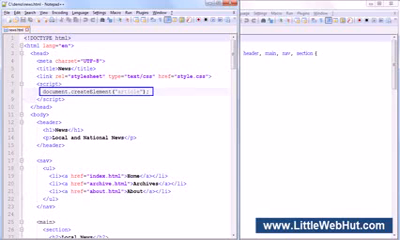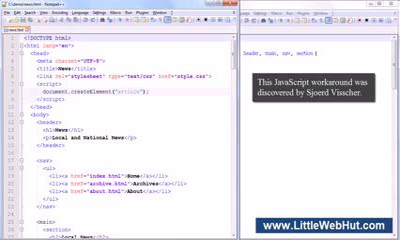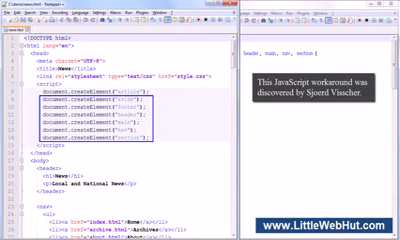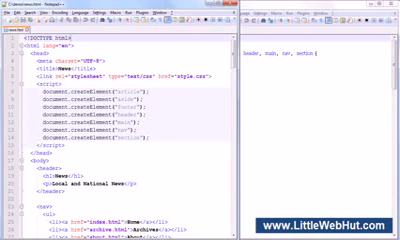Then add a document create element function for one of the new HTML5 elements. In this case, the new element is the article element. Now repeat this for all of the new HTML5 elements that you want to apply styles to. Now since we only need this JavaScript code for older versions of Internet Explorer, we can enclose all of this